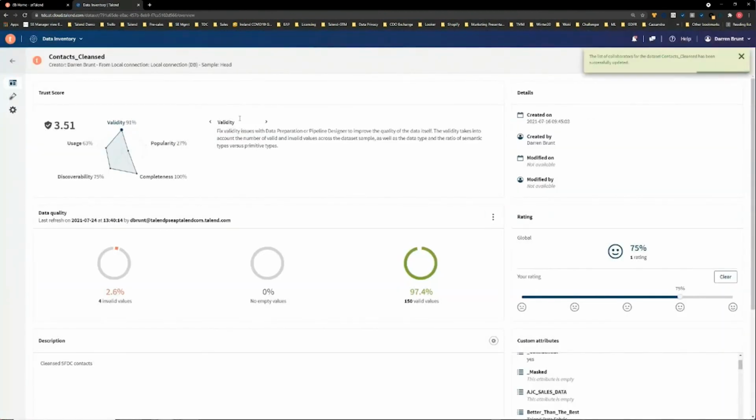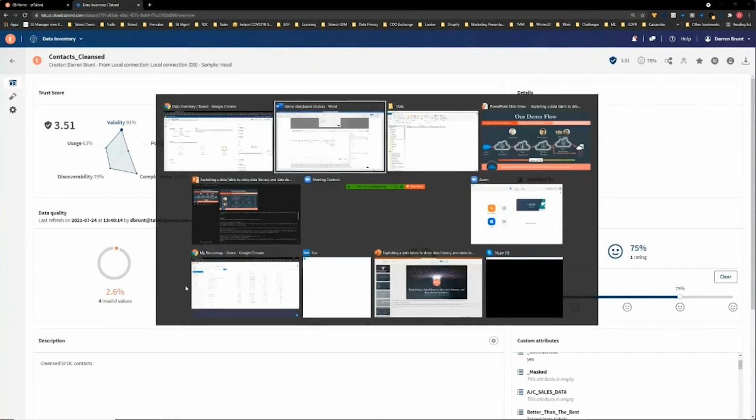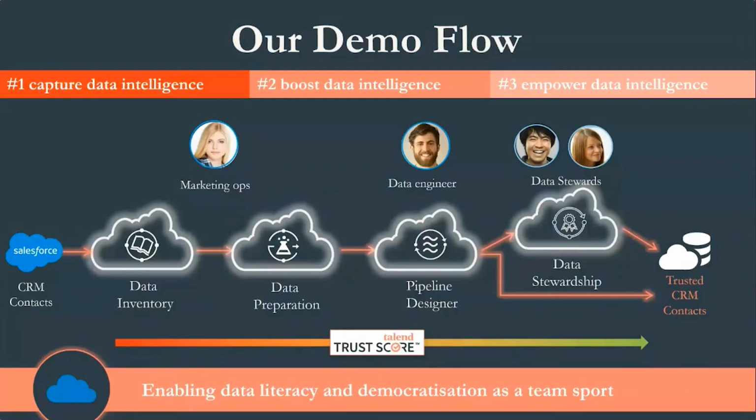Okay, so that brings us to the end of the demonstration, but hopefully what you've seen here is how the notion of a trust score is able to be a point of measurement around the quality of data at the point of ingestion, how the semantic profiling helps us determine what the data is and how compliant it is with the semantic engines, and helps us determine where to focus our efforts around remediation, and how we can actually look at data as a team sport by allowing data owners and other interested parties to actually engage with that data.